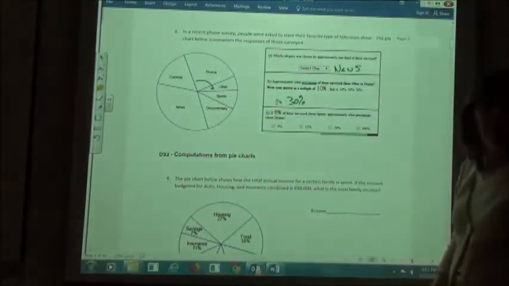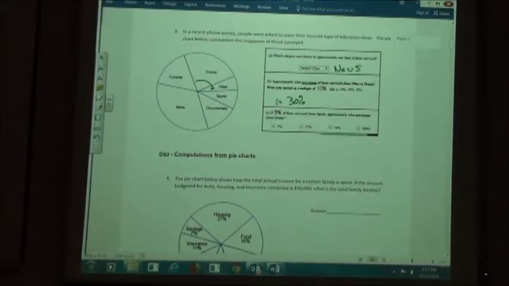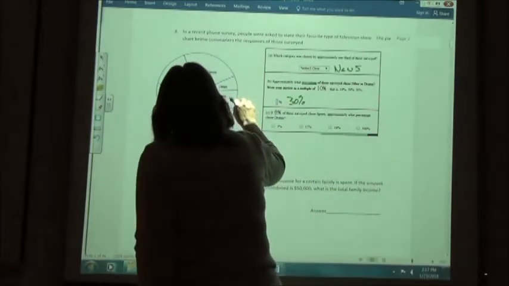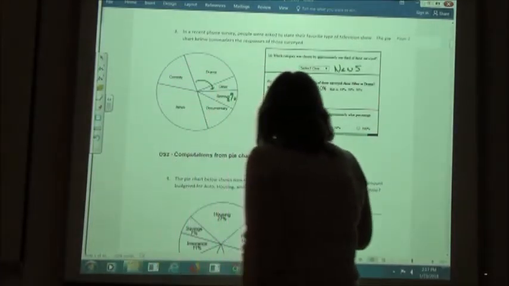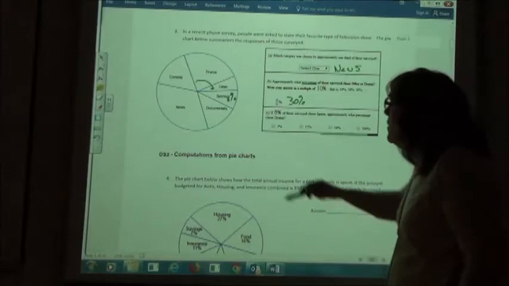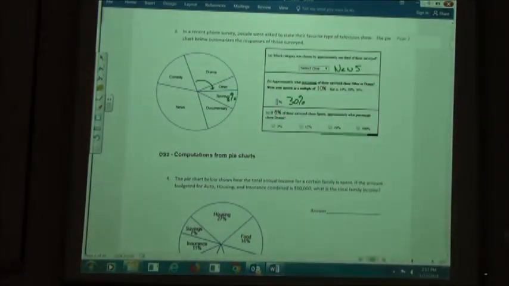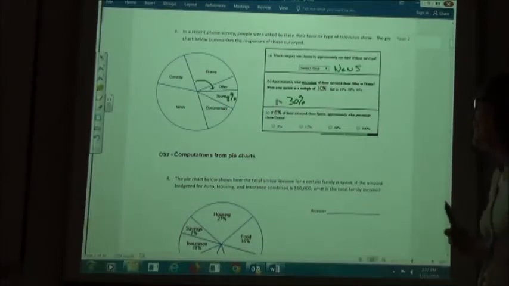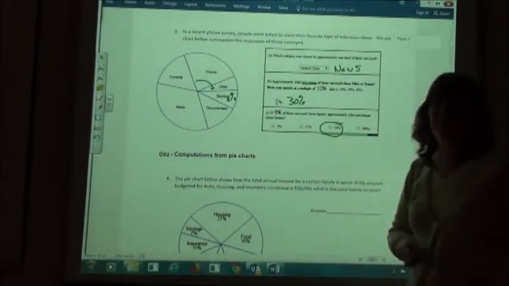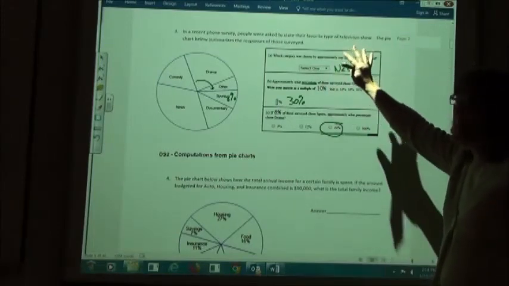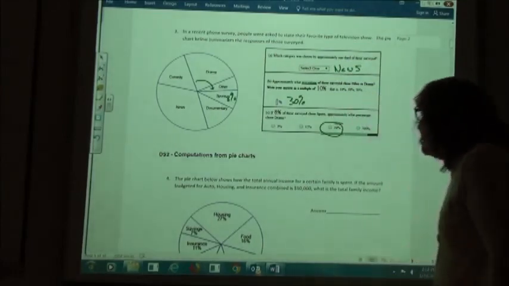1/3 would actually be a little bit bigger because it's 33 1/3. And if 8% of those surveyed chose sports, so this little section here we know is 8%. What percent chose drama? So up here's drama. How much bigger does that look than our 8%? Our choices are 3, 12, 24, or 300. 24. Probably the 24, right? The other ones don't even look like they'd make sense for what we have there. So it's about 3 times bigger, 24%. So you're just going to do some estimating on those, looking at my pie chart. Now we're